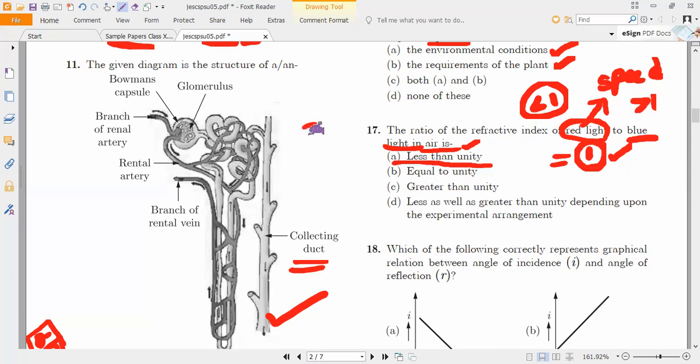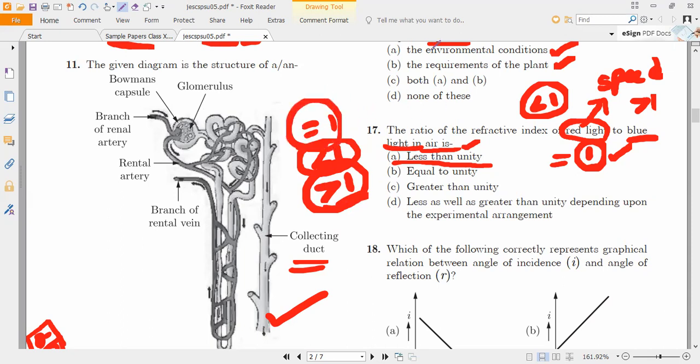We always compare with the air. Equal to 1. Understanding? Less than 1, greater than 1. Now, red light is much faster than the blue light, so its refractive index is less than 1. Blue light is much slower than the red light, so the refractive index will be greater than 1. If the speed is the same, then it is equal to 1. Do you understand, everybody? Yes, sir. That is how to remember. So we have three phenomena of refractive indexes: equal to 1, less than 1, greater than 1.